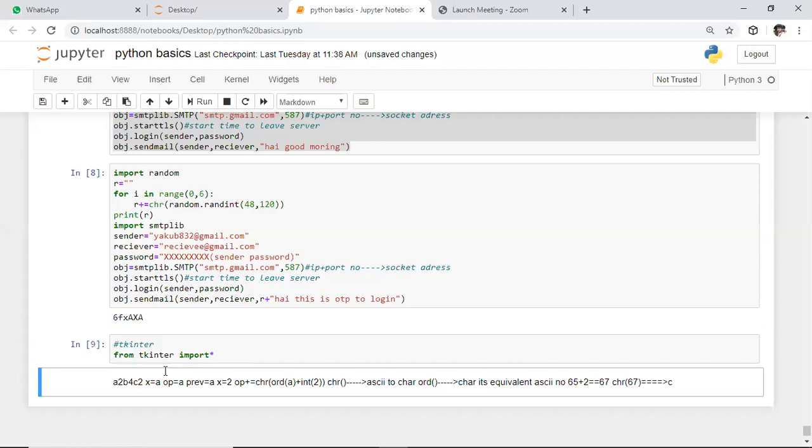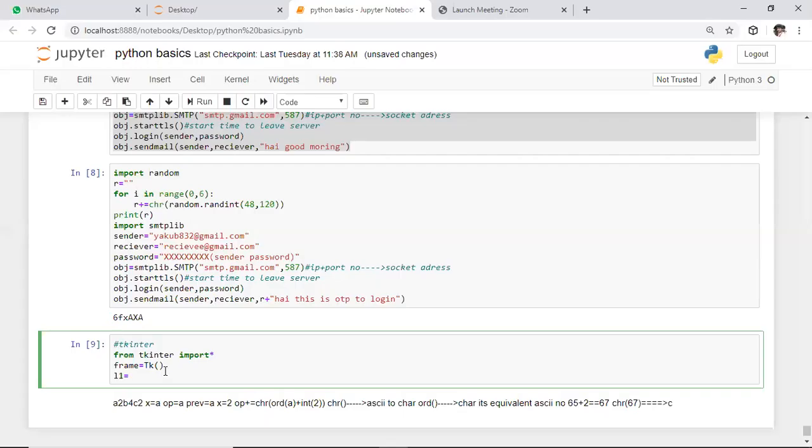By using this function, we need to use this label function which is present in this tkinter module. So here I'm using the label function to create a label, and I want to create this label in the frame itself. Initially we created the frame, and in this frame itself, I want to create this label. So that's why I'm saying this, and I want to give this label the name ID number. So here I'm creating one label with the ID number field.